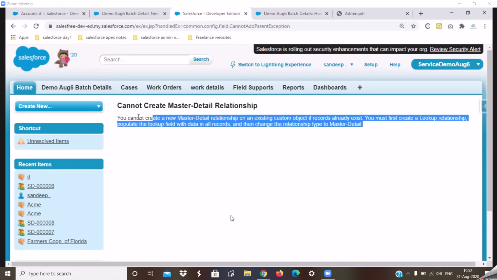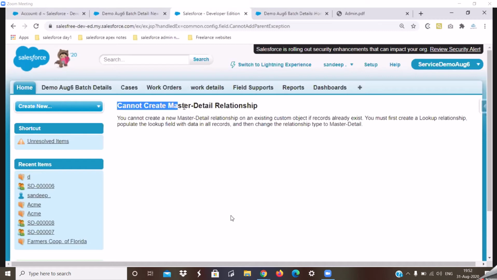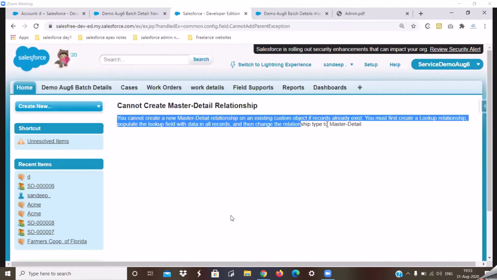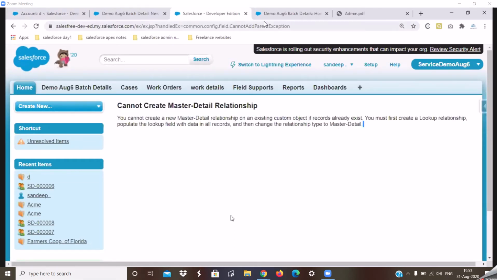So on the screen, there was an error which says cannot create a master detail relationship field. All right. So the time that we have invested is not fruitful. The reason being, Salesforce is saying that I cannot convert to a master detail relationship, and it is basically showing the reason why it is not able to convert that. I want you people to spend 1 minute of time to go through these points and help me understand what I need to do. All right. I'll just wait here for 1 minute so that you can ping me your response.